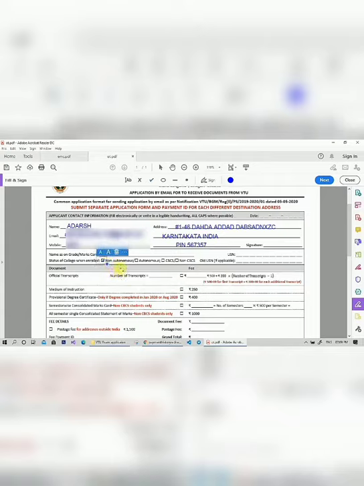I'm from non-autonomous college, so I'm selecting non-autonomous. You can also resize the tick mark and also select CBCS if you are CBCS scheme, and also enter date and your USN.